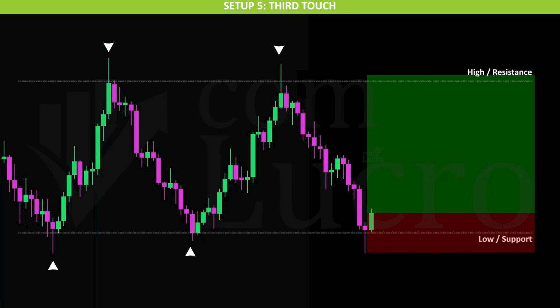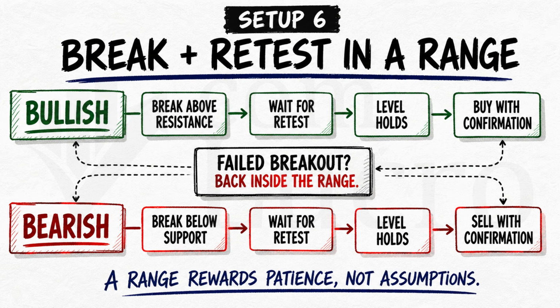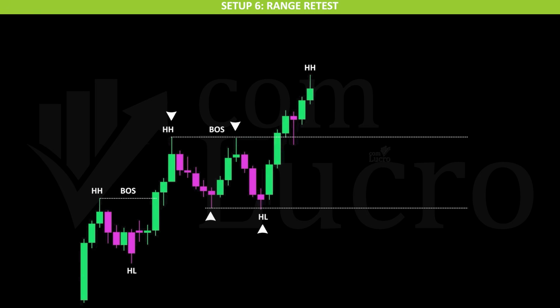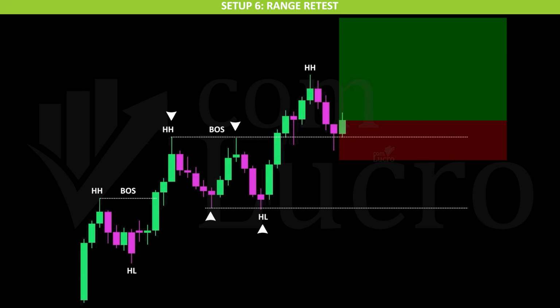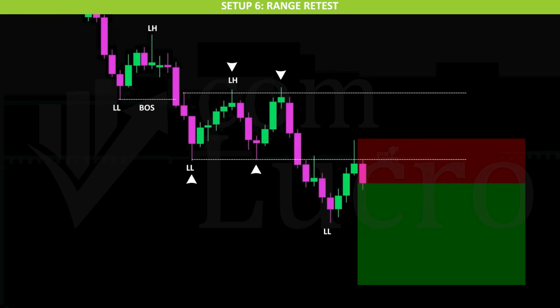It is also possible to trade later touches of the level, but ideally with reduced risk to account for weakening structure. Setup number 6 is the break and retest within a range. When price breaks above resistance, that level can turn into support. We then wait for price to return and retest the level, and if it holds with clear rejection, we look for buying opportunities. On the bearish side, when price breaks below support, that level becomes resistance. We wait for a retest, and if the level holds with rejection, we look for selling opportunities, maintaining a structured